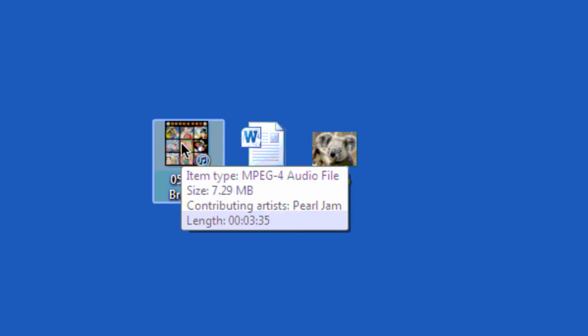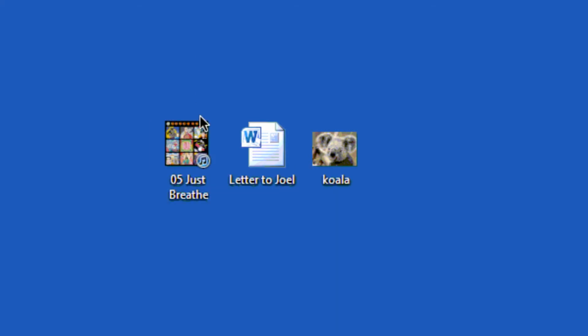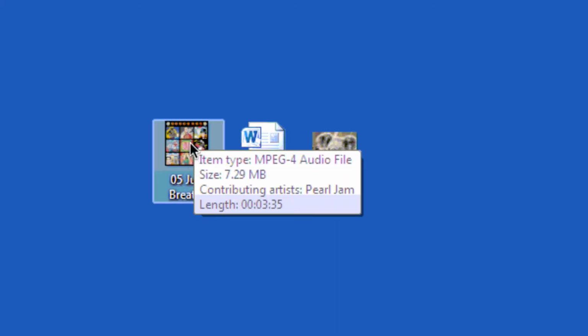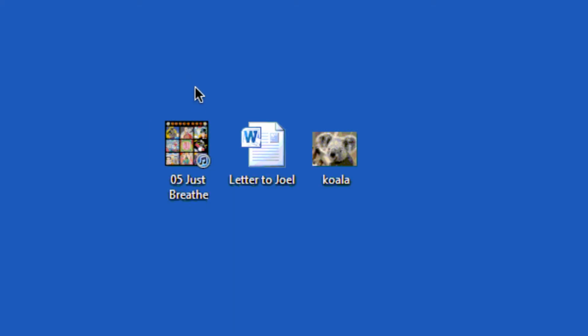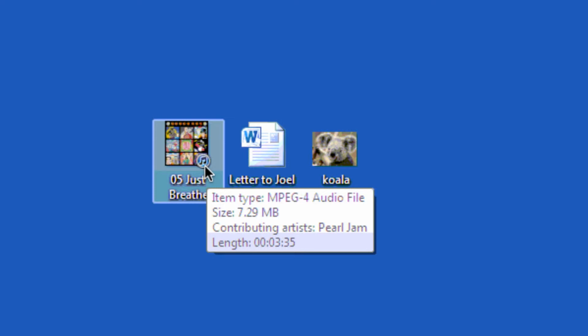So if I want to move this MP3 file, which is just a music file, MP3 is just a type of music file. You can tell it, as I said, by that icon with the little iTunes symbol in the corner, but also this is an album cover that represents this particular song's album. But right now I'm just going to move this, and the way I'm going to do it is I'm going to click once on it